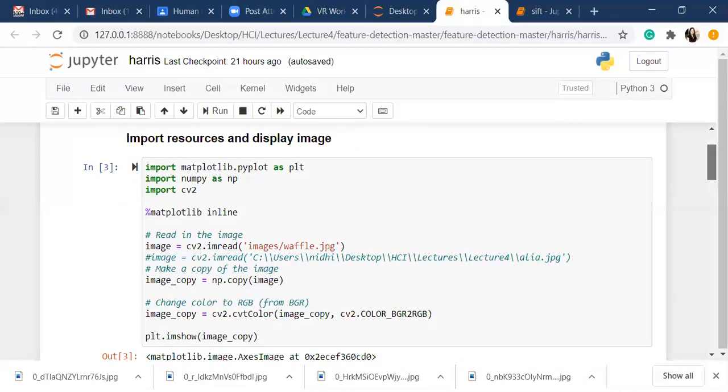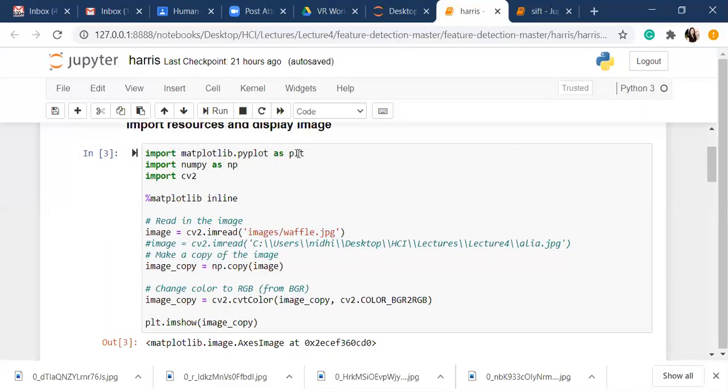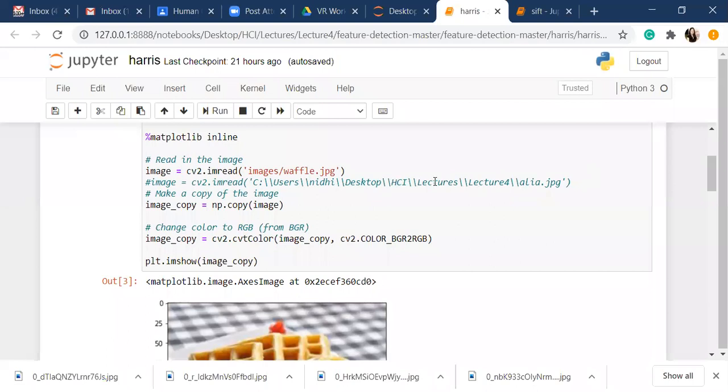If you are using OpenCV, then you have to use matplotlib also, because without matplotlib you cannot display the images in the command prompt. So import matplotlib pyplot as plt, then you call this plt class in order to invoke the imshow function. The first thing is very simple, you just read the images from your directory. In my case, I'm taking a different image. You can do hit and trial for other images, but for the example I'm using the waffle image.